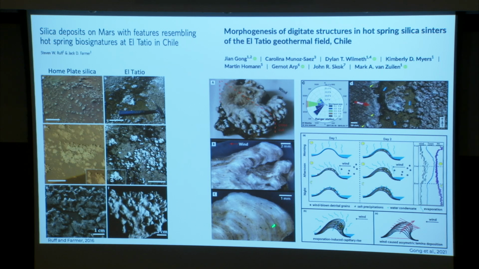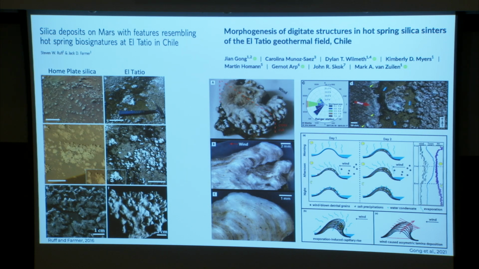And enriched in these layers are just detrital sedimentary particles. I'm not saying that all these structures are formed just abiogenetically, but it's not so simple that we can say, like, hey, we've got digitate structures on Mars, so there must have been life. So just a cautionary tale, similar to Frank's